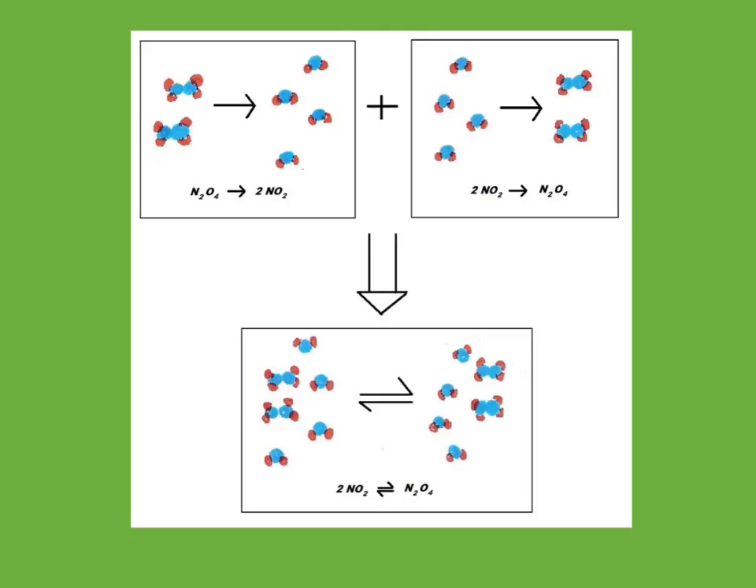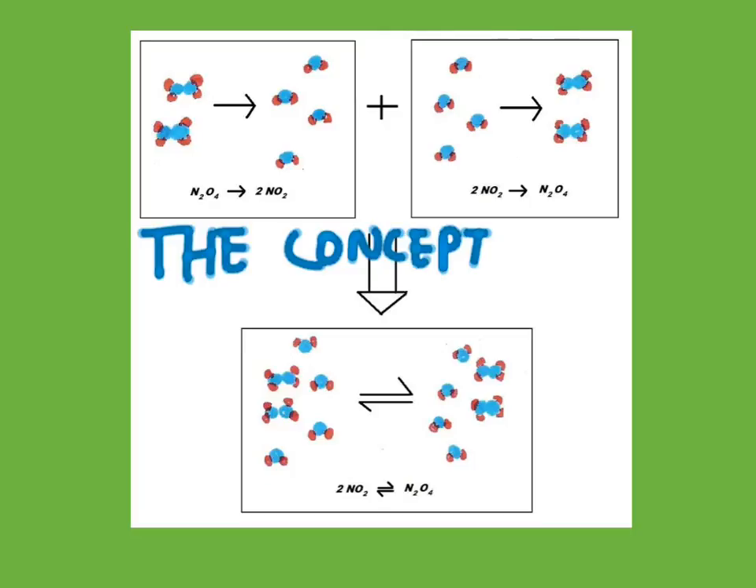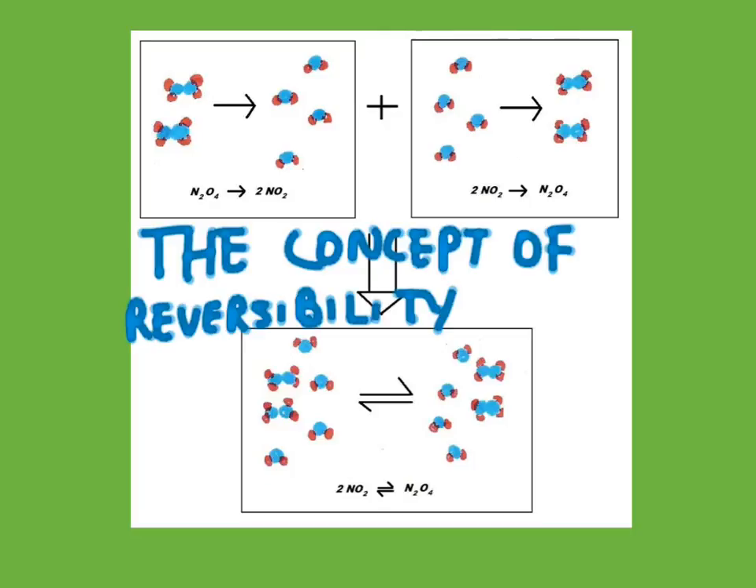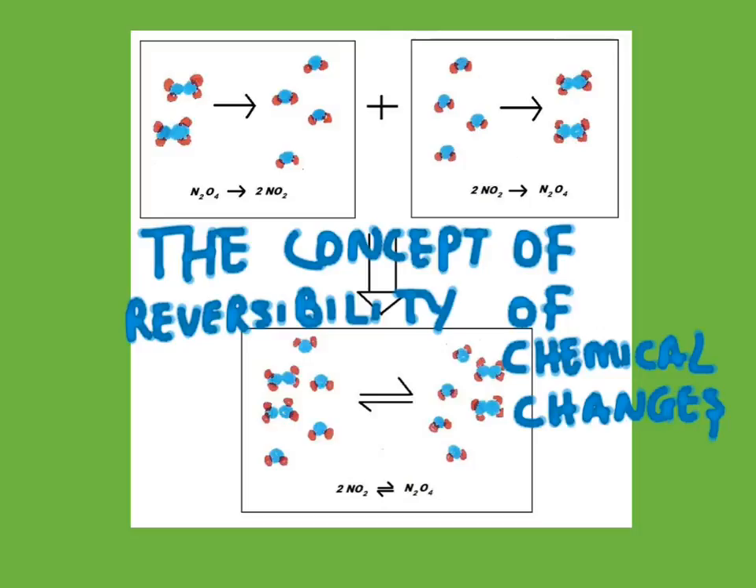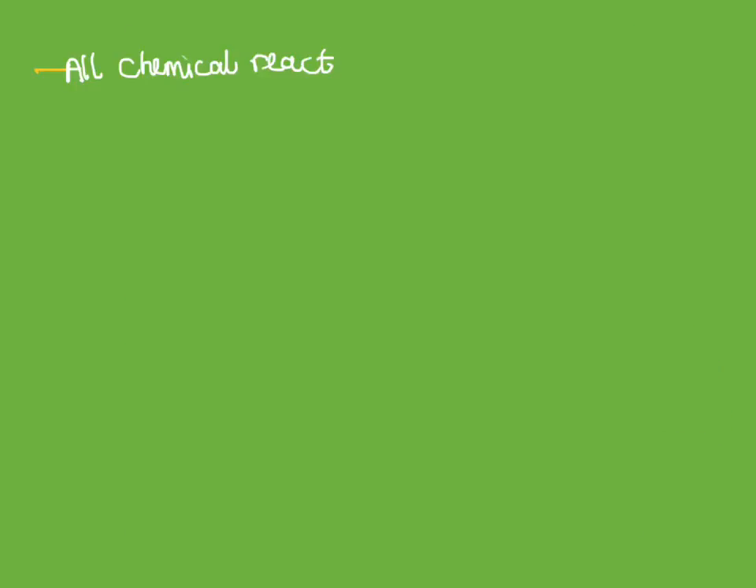Let's now talk about a very important concept which is applied in several chemical reactions. That is the concept of reversibility of chemical changes. The world believed that all chemical reactions were irreversible